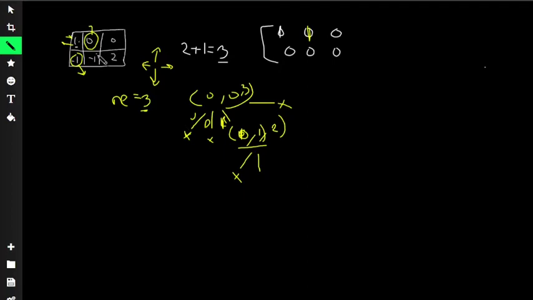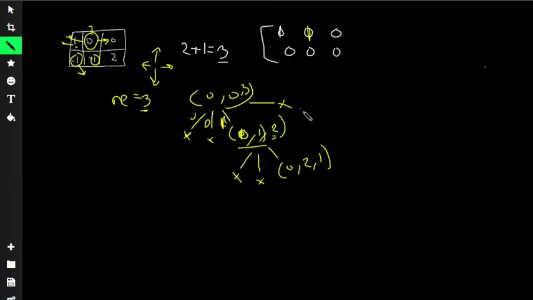If it tries to go down, there's an obstacle at -1, so it is also invalid. If it tries to go right, it would be at position 0 comma 2, so this 2 will be decremented by 1, and hence it is 1.